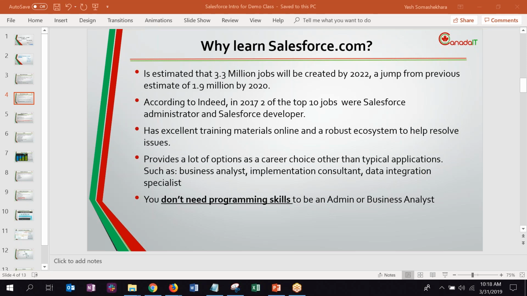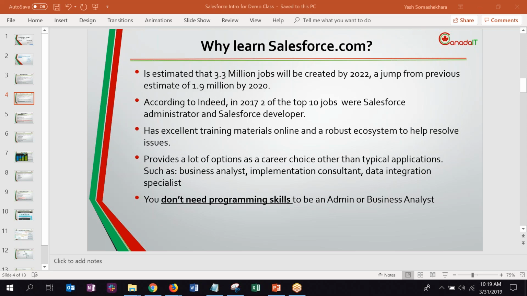So one of the main things about Salesforce, as I said before, is that if you had bought their stock in 2005, it was $5 a share. Now I think it's 100-something. So this is one of the biggest companies out there which has been growing in the market in the IT sector, and the jobs out there. There are a lot of jobs for Salesforce.